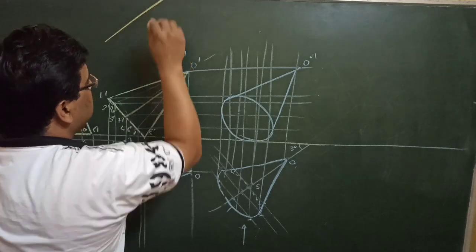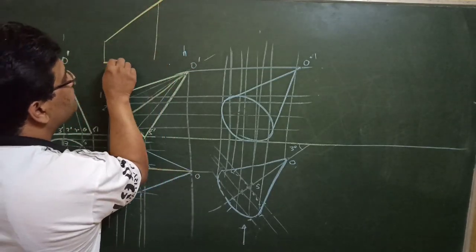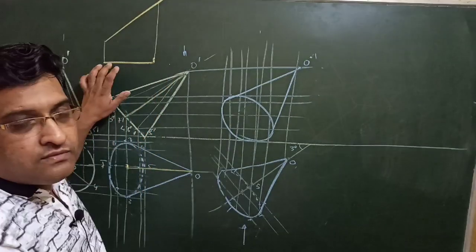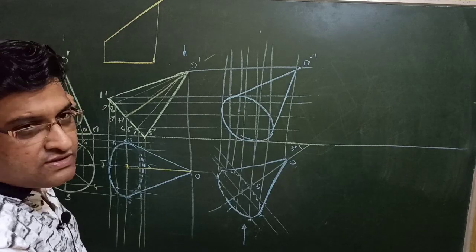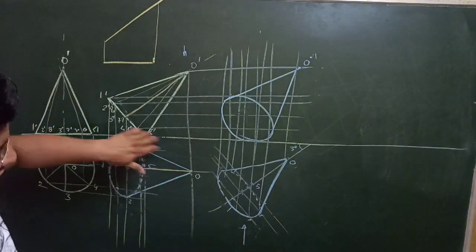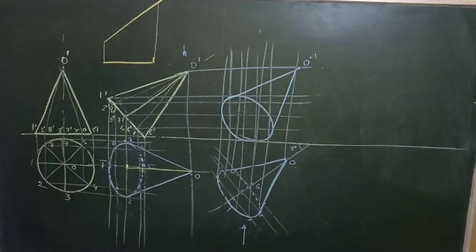Here is a straight line, the axis, and this is its top view, which is a smaller one. This we have already discussed in projection of straight lines. So this is happening here. That is why the top view of the axis. So we have taken this diagram exactly tilted here.